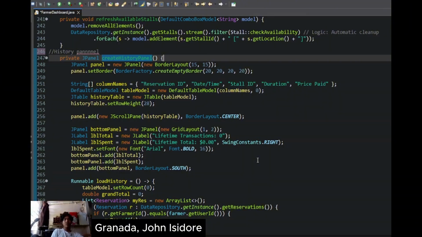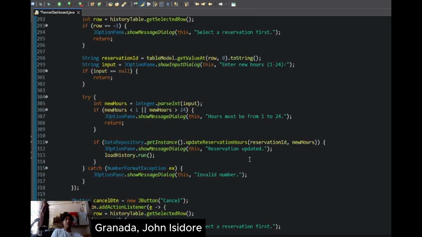This section is also highly interactive. It includes action buttons that allow the farmer to select a specific past reservation and modify it, changing the amount of hours rented, cancel the booking entirely, or trigger a method to generate a formal text report of the rental history. So last is the